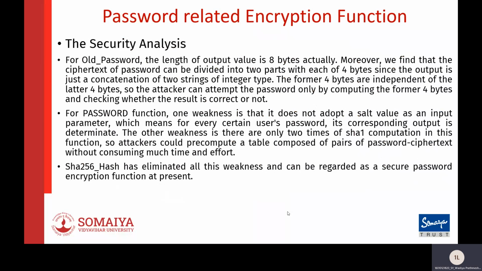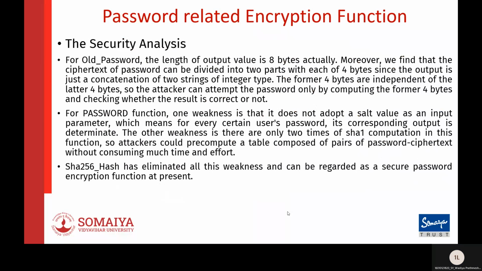Moreover, we find that the ciphertext of the password can be divided into two parts, each of 4 bytes. Since the output is just a concatenation of two strings of integer type, the former 4 bytes are independent of the latter 4 bytes. So the attacker can attempt the password only by computing the former 4 bytes and checking whether the result is